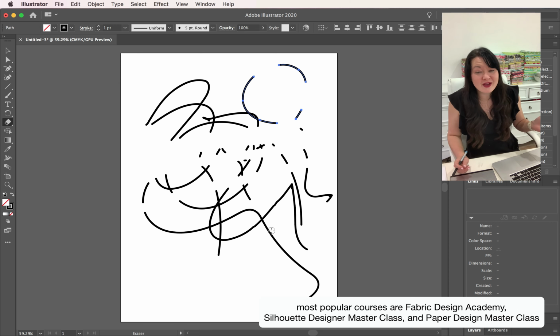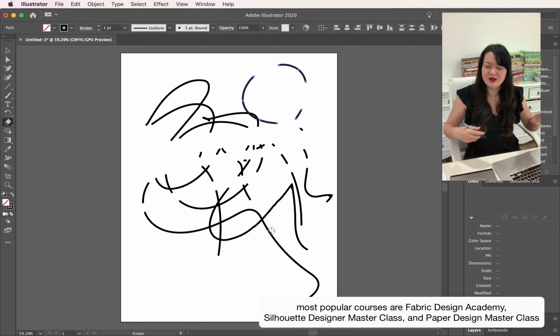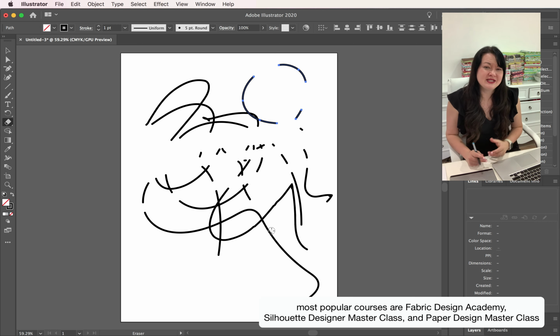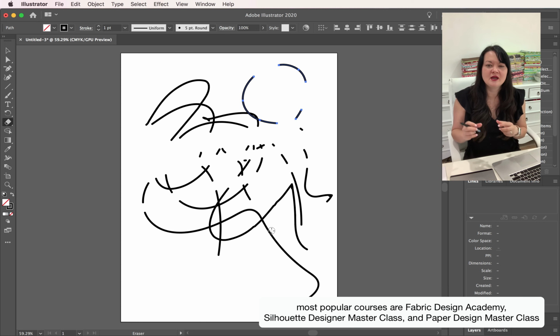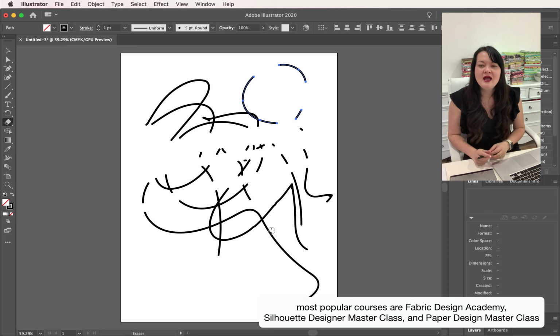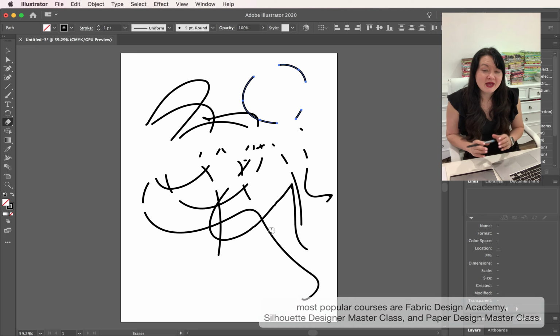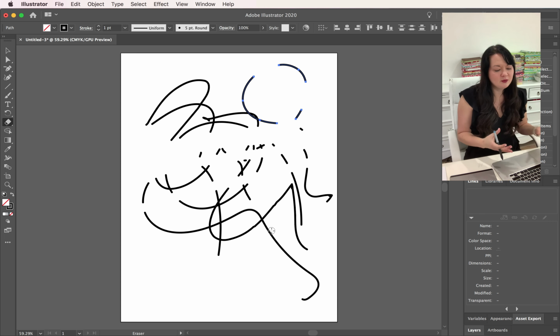I actually think this is fun, especially when you get out the paintbrush and you're playing around with the eraser. This is a great way to just get a feel for Illustrator, because the point is for you to feel really comfortable with it. Especially if you end up deciding you want to really learn a specific craft, which is what I do on my KarinaGardnerCourses.com site. We're learning how to be a fabric designer or a paper designer or a silhouette designer. It's very, very specific. And while beginners are meant for those courses, it's nice if you've opened up Illustrator just once and you've kind of played with it a little bit, because then you get a feel for what you're really going to be